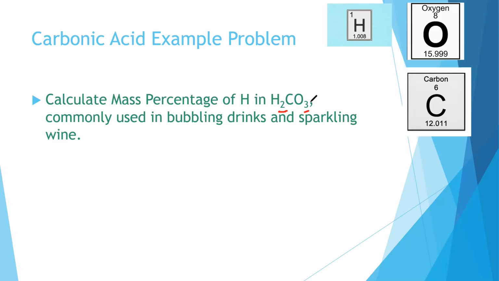Remember from part 1, I told you that a subscript of 2 means that there's 2 hydrogen atoms in this molecule. There is no subscript for carbon, so that's 1 carbon. And there's 3 oxygens. And then after that, you're going to have to use the masses, which you could assume hydrogen always to be 1, oxygen 16, and carbon to be 12. And then hopefully you can